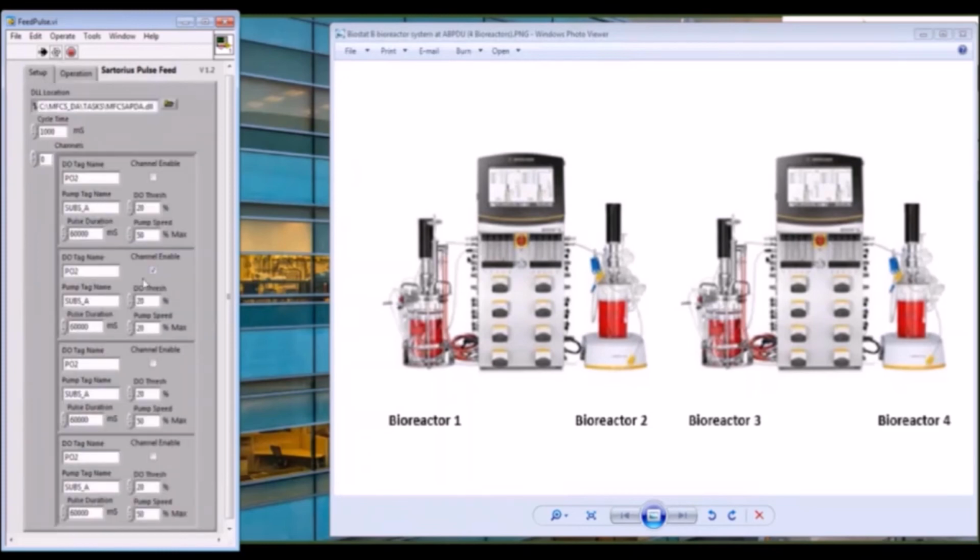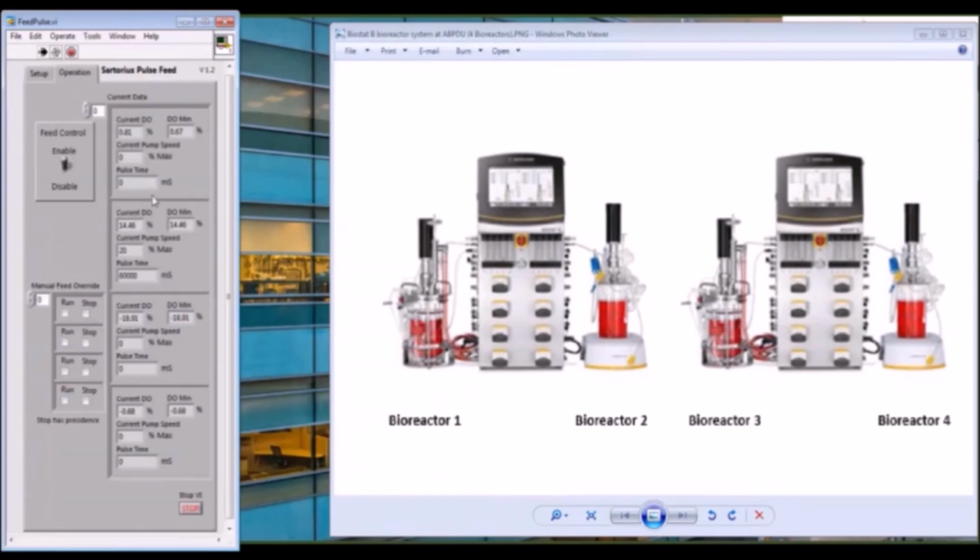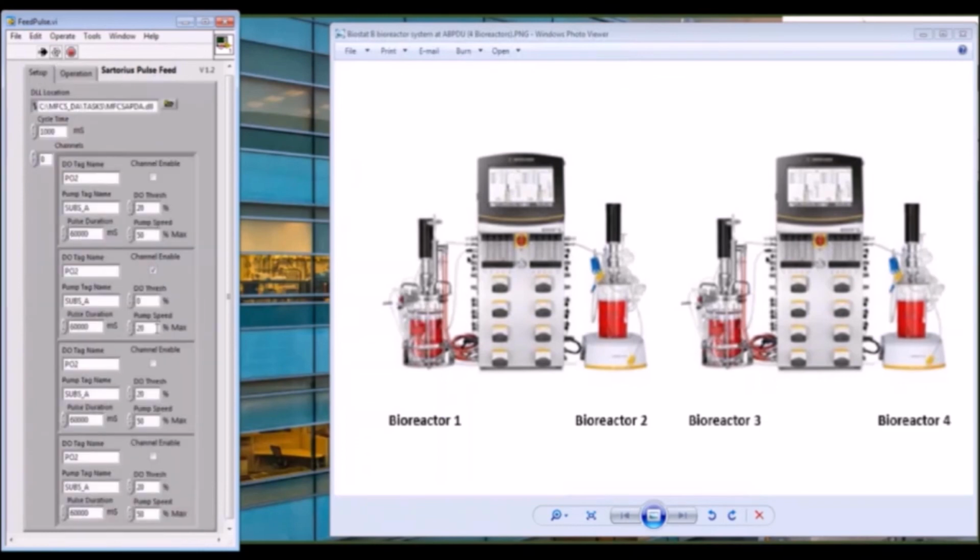However, if I change the DO threshold to 0, which of course doesn't make sense in a real experiment, with the new threshold value, LabVIEW evaluates the feed trigger condition as true in the current situation, and a 2 milliliter bolus will be added by activating the feed pump for 1 minute at 20% pump output. Once the 1 minute timer is up, LabVIEW will re-evaluate the feed trigger condition,